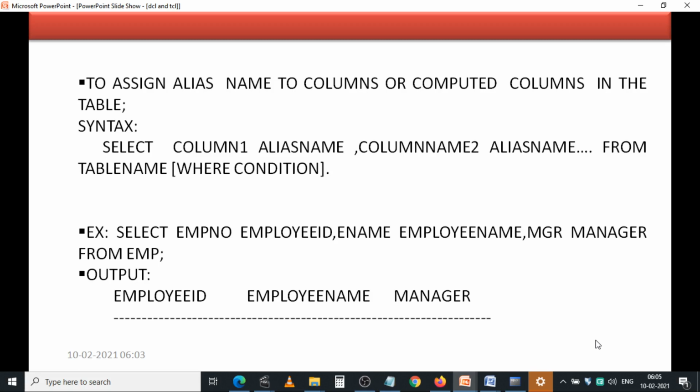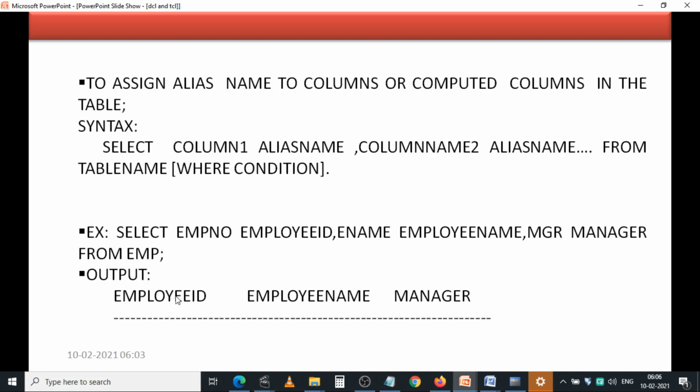And coming to the next important one, you can assign alias names to columns or computed columns in the table. Alias name means an alternative name to the column name for that query only.